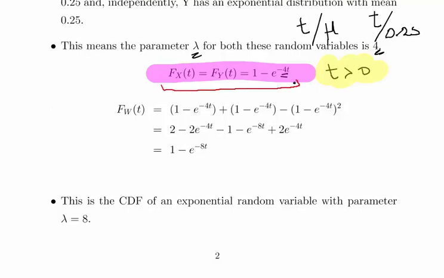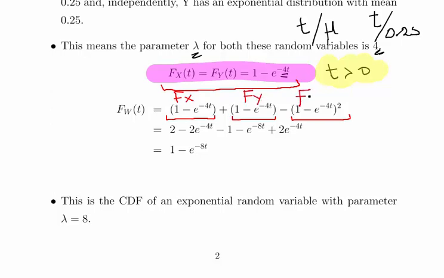Okay, f of x of t, f of y of t both equal to 1 minus e to the minus 4t. So using the formula that we have used above, this is f of x, this is f of y, and this is f of x times f of y, which is,